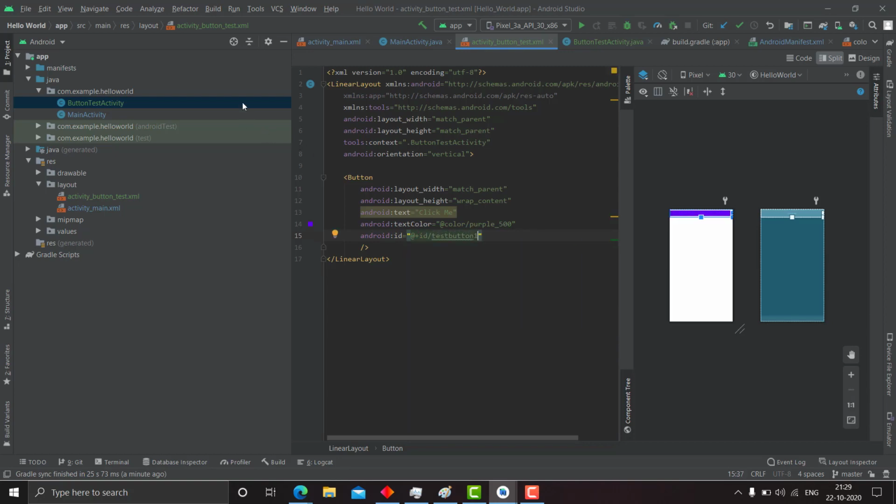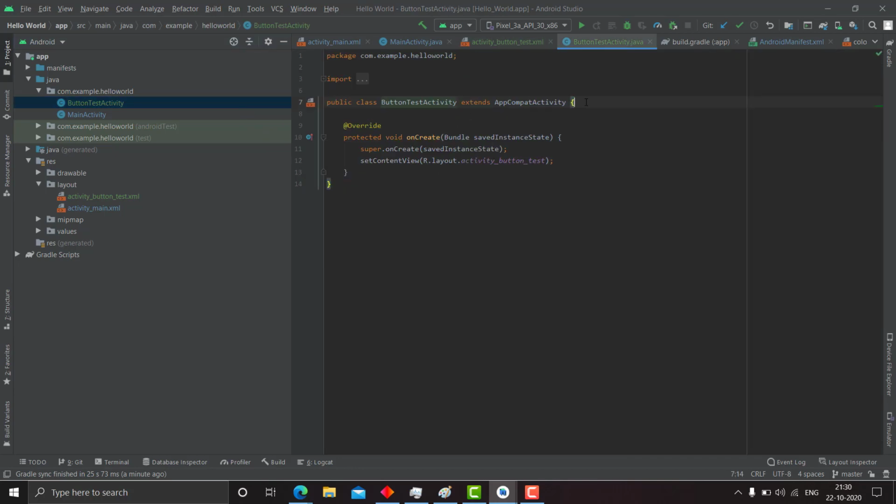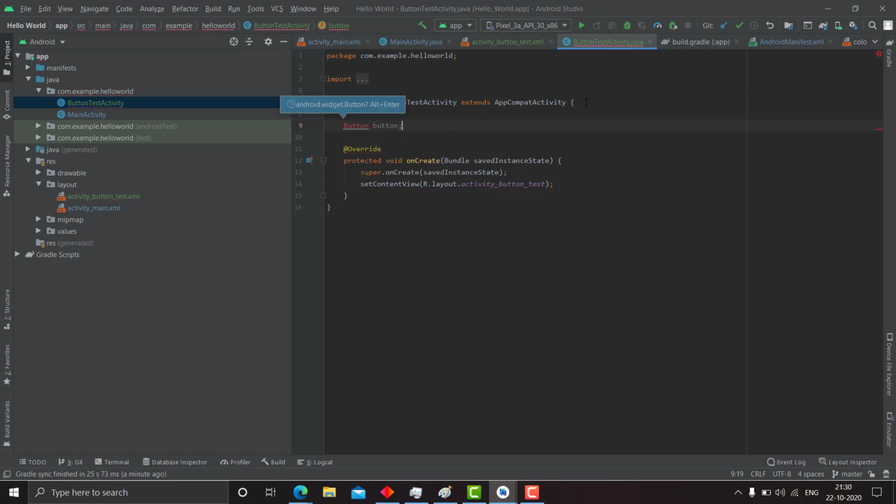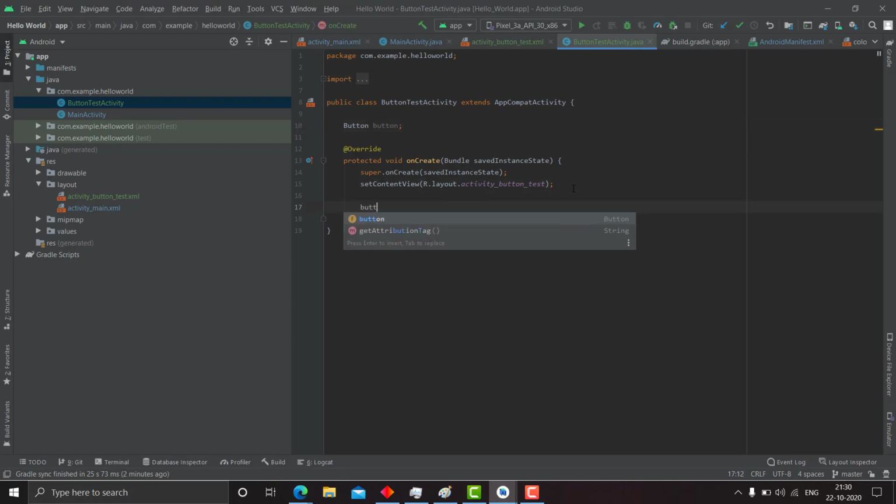Okay, let's go to the button test activity. First declare a button object. Import the android widget button. The Android Studio UI is quite good in this. It automatically gives you suggestions of the import needed. Now you need to map this button object, simple object oriented programming. You map this button, typecast button. It's not needed, but just for the safe side,